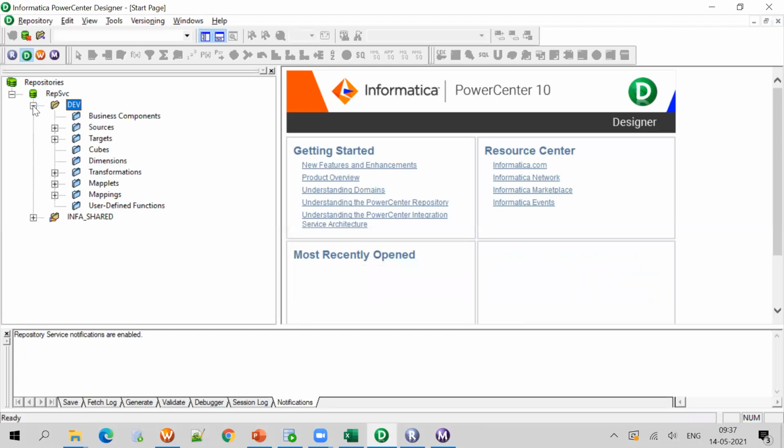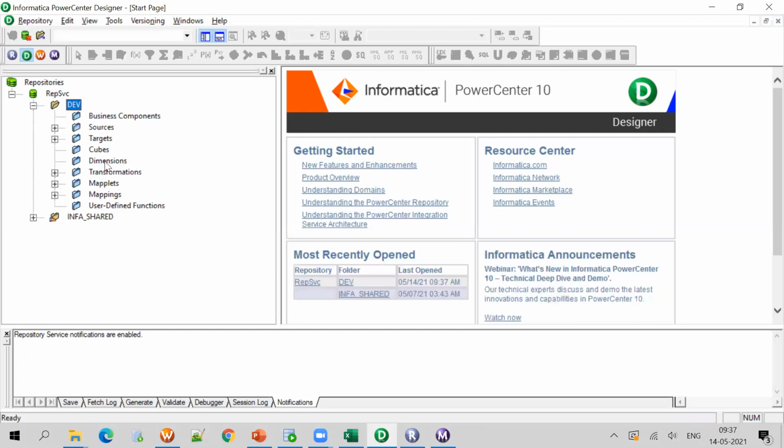If you expand the folder, we will have different things here: business components, sources, targets, cubes, dimensions, transformations, maplets, mappings, and different functions. But as a developer, you will use sources, targets, transformations, mappings, and maplets. Maplets is an advanced concept.